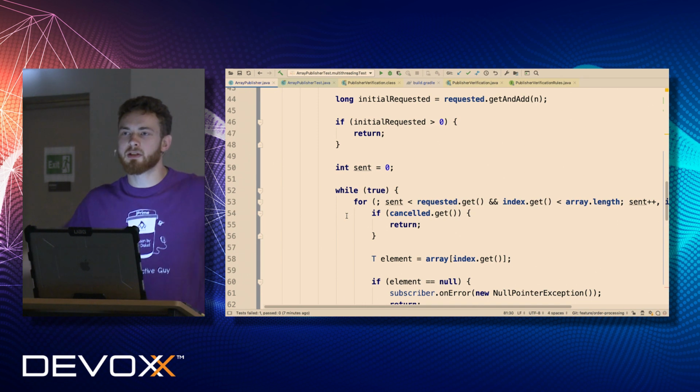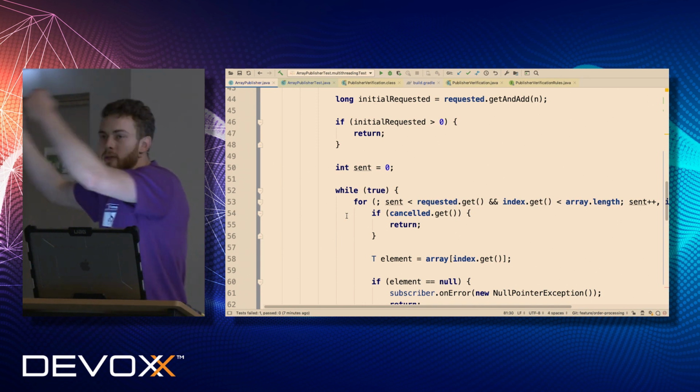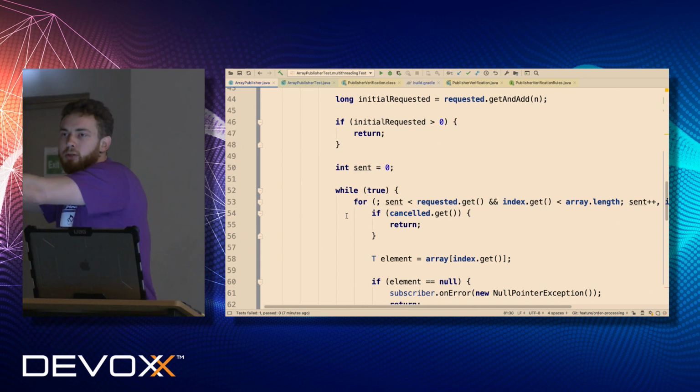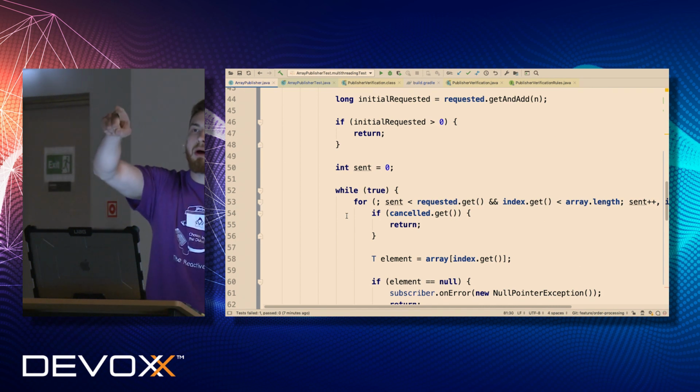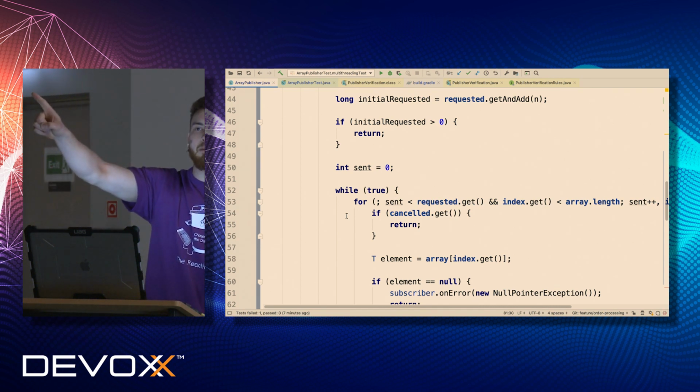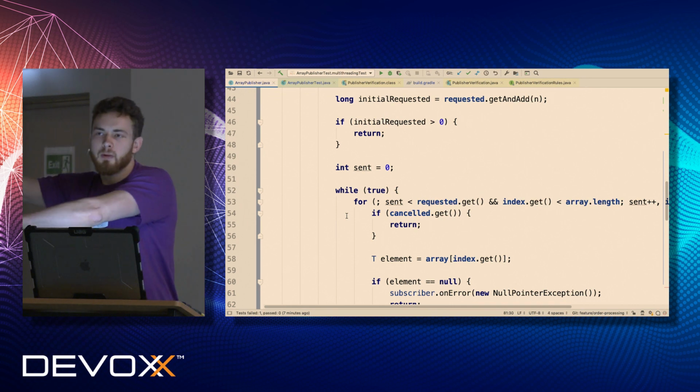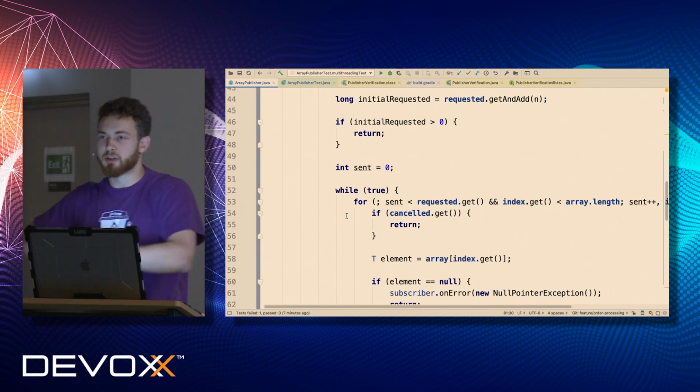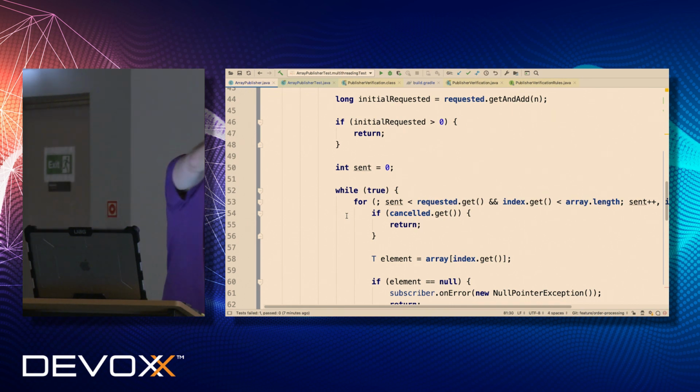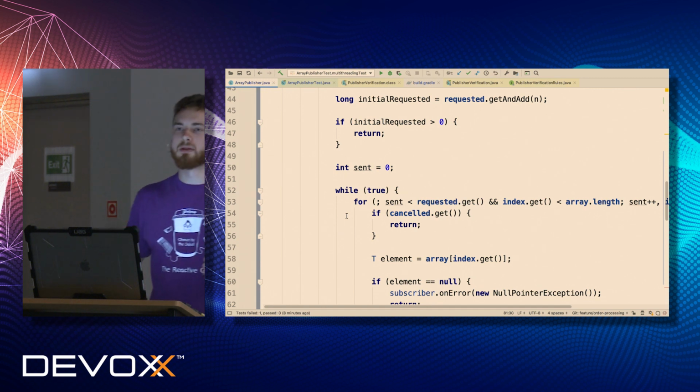Basically there are a few threads trying to do some work, trying to request some elements, but only one will be doing the work for all of them. So there is one who is doing work or stealing work from others, and others just deliver the number of requested elements.